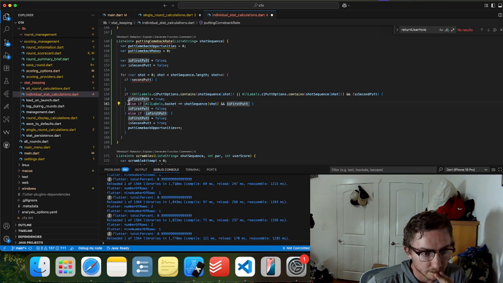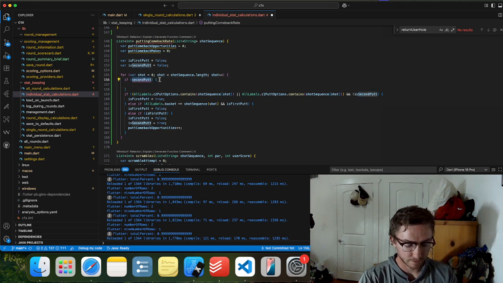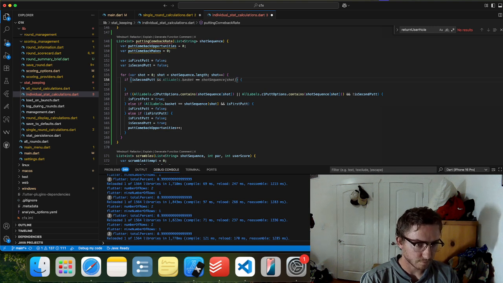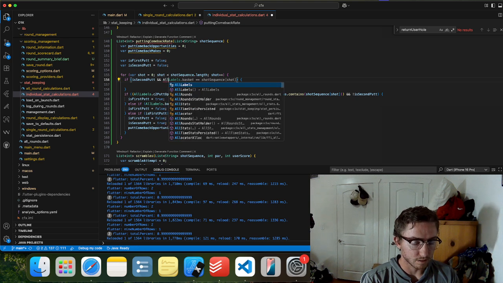On the next shot, so this is the only way to make is first putt true. And then regardless of which one of these evaluates, we're setting it to false. If is second putt and all,